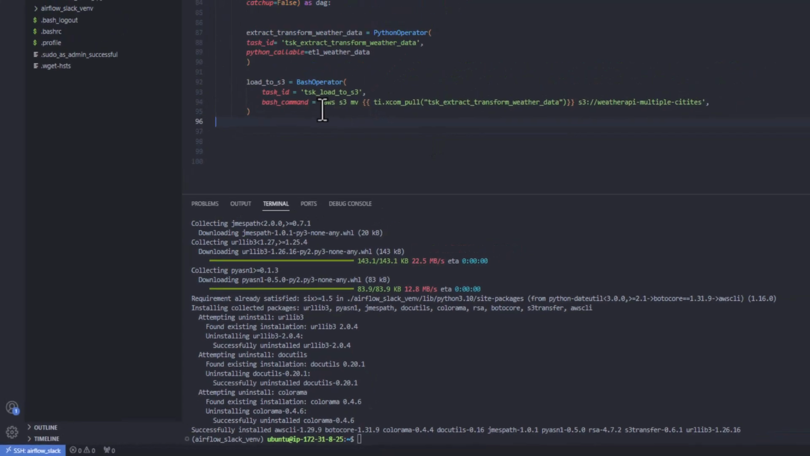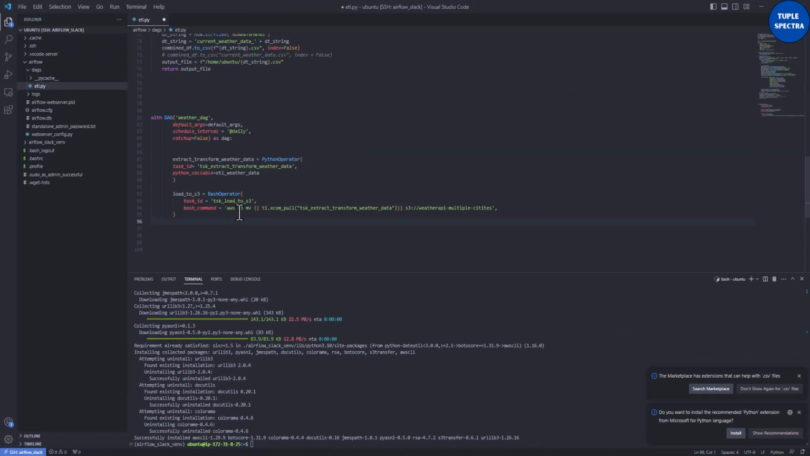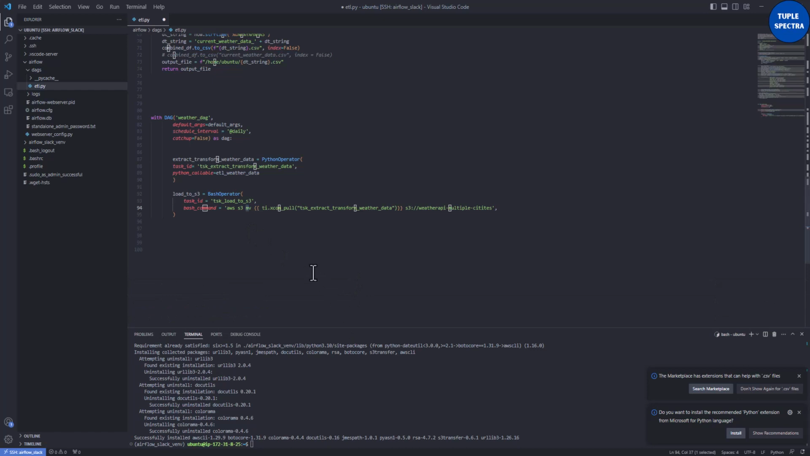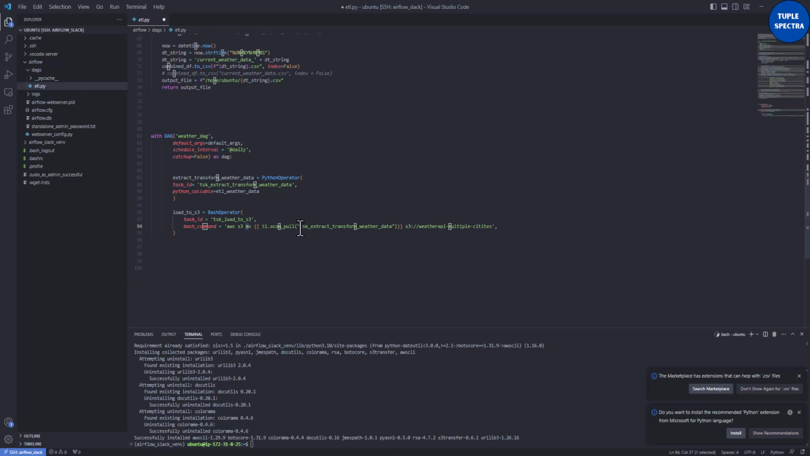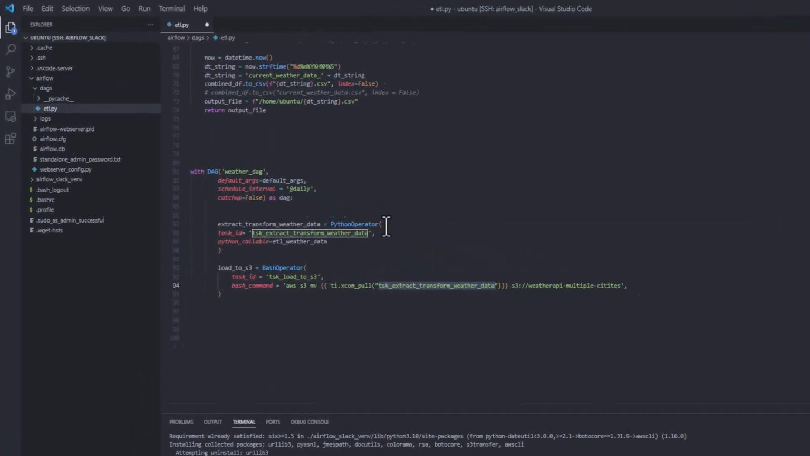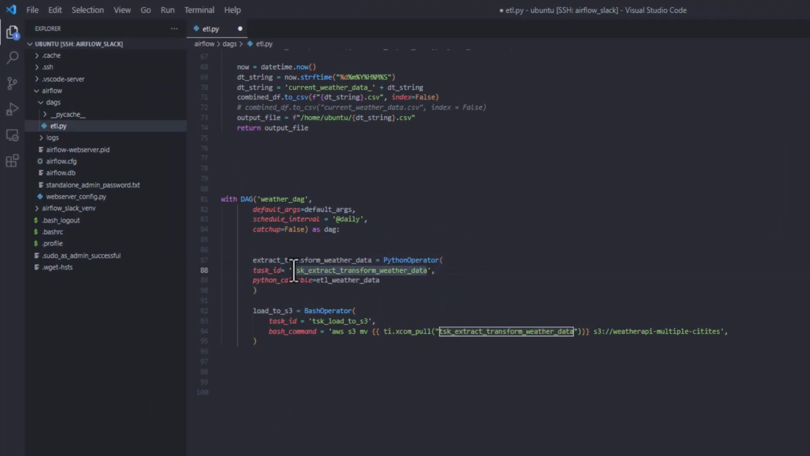Now what are we doing here? We are saying aws, then s3, that's the service. Then we are saying mv, that's move. We want to move the file or the data that we got from the previous task, which is this extraction and transform task. We want to use this XCom pull. Remember, I've shown you this in my previous video. TI is task instance, so task instance dot xcom_pull. So we want to pull